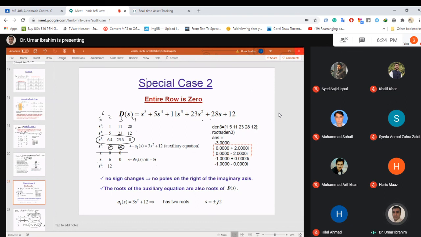यानी इससे पॉलिनोमियल बनाते हैं तो वो पॉलिनोमियल बनेगा 6.4 S³ प्लस 25.6 S प्लस 0। तो इसका मतलब है कि P ऑफ S इज ए परफेक्ट फैक्टर ऑफ D of S। मीन्स कि D of S is equal to P of S multiply some other factor, let's call it B of S। ठीक है। तो इसका मतलब है कि P of S के जो रूट्स हैं वो D of S के भी रूट्स हैं। क्लियर? यस सर। अब क्वेश्चन ये आता है कि सर देन हाउ डू वी ट्रीट प्योर ऑड पॉलिनोमियल को, कैसे ट्रीट